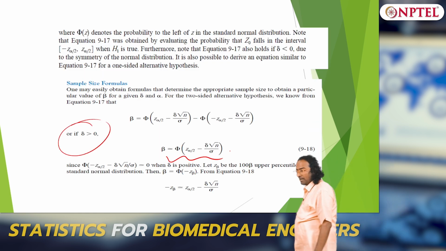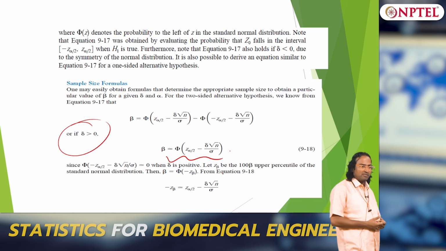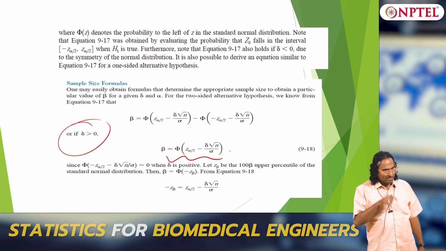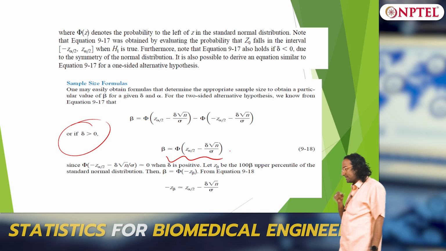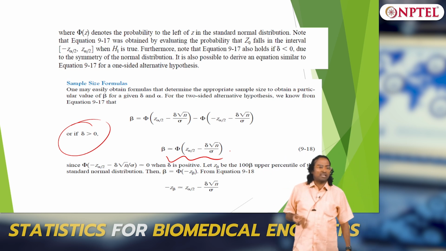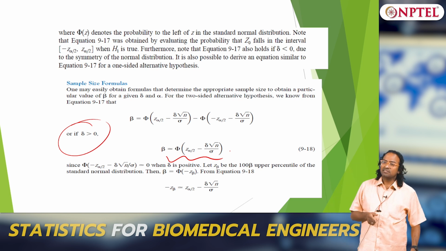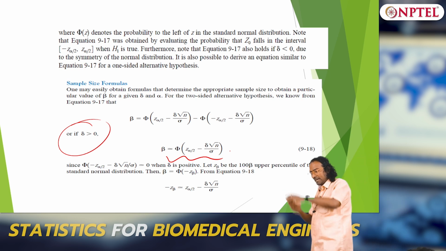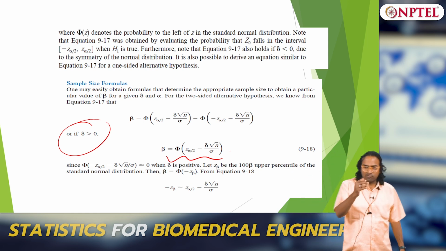From this you can determine the value of n that is required to fix the beta. So for a fixed alpha, what is the value of n I should choose to get a desired beta? Remember, the sample size selection was very important. Where else did we do the sample size selection? To reduce the standard error, right. If I fix the range and I want to be 95% sure, what is my n value? That is for confidence intervals.